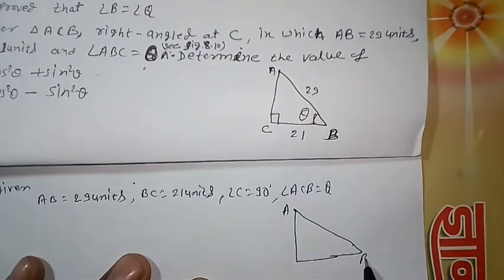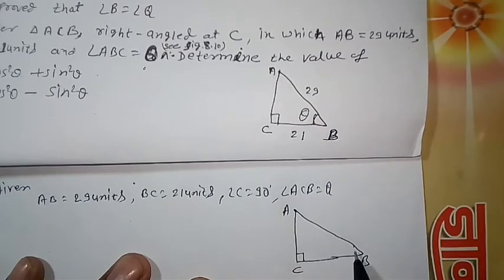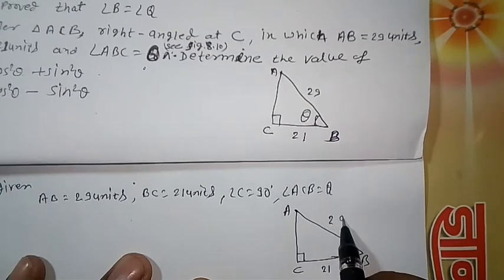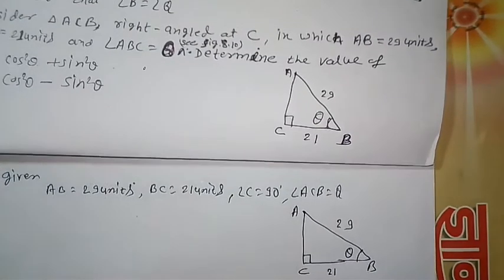A, B, C, this is theta, this is 21, this is 29. Okay, now first